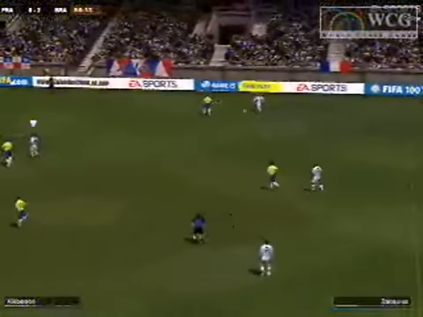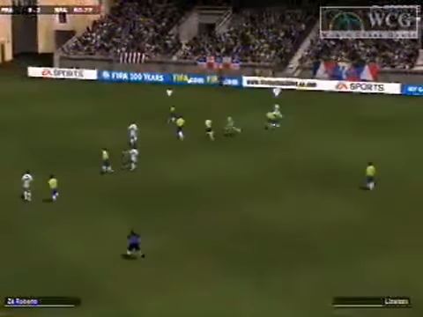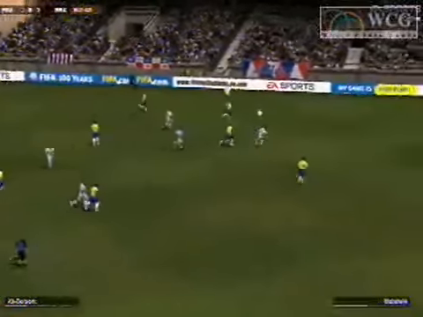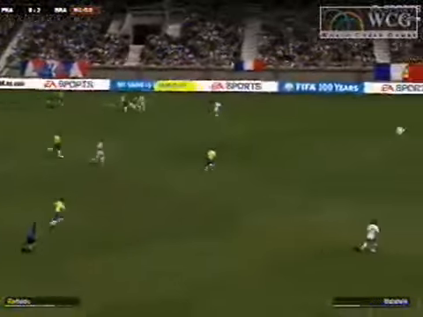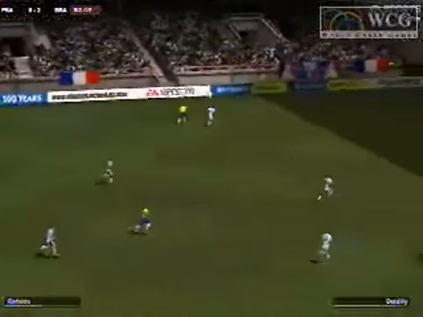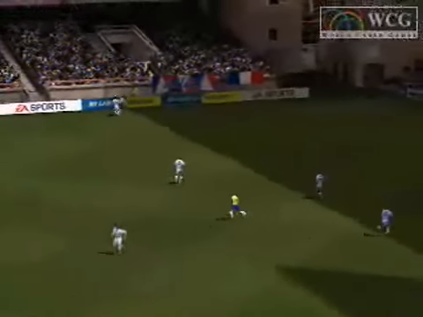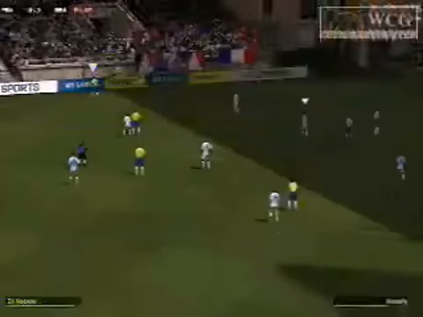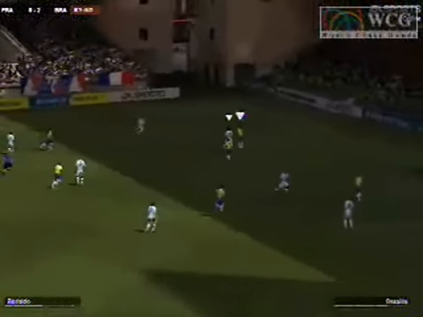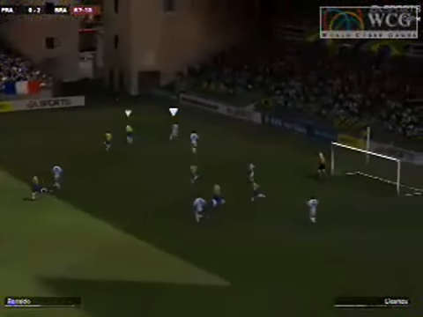And Lazaro is making a run. He's got a through ball to Trezeguet. Trezeguet to Zidane. Zidane can't handle it. Cleverson has a beautiful step challenge there. And we're going to see the long ball to Ronaldo. Ronaldo unfortunately can't handle the pass. Oh, I guess he could. He did handle it. We got the throw in for Brazil.